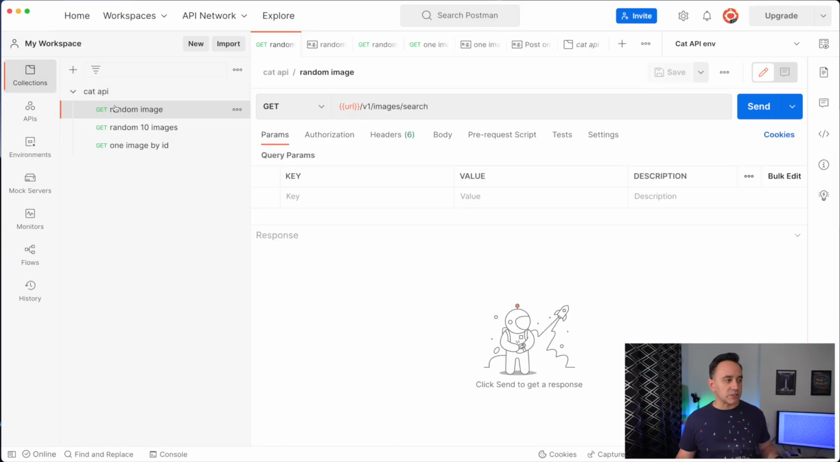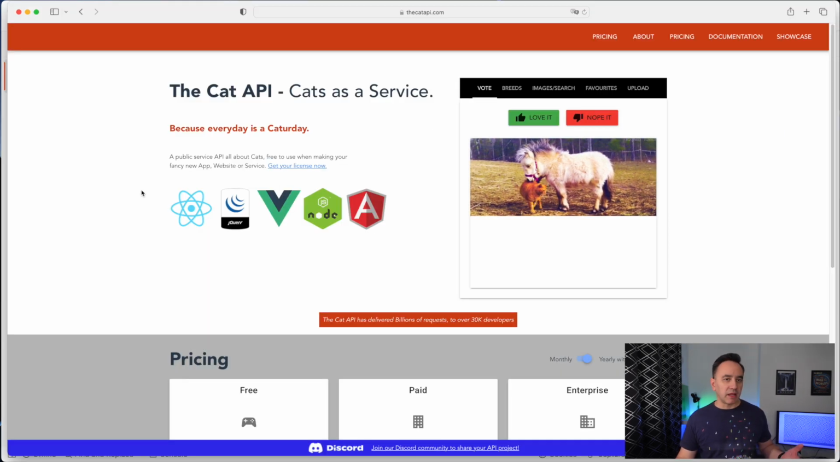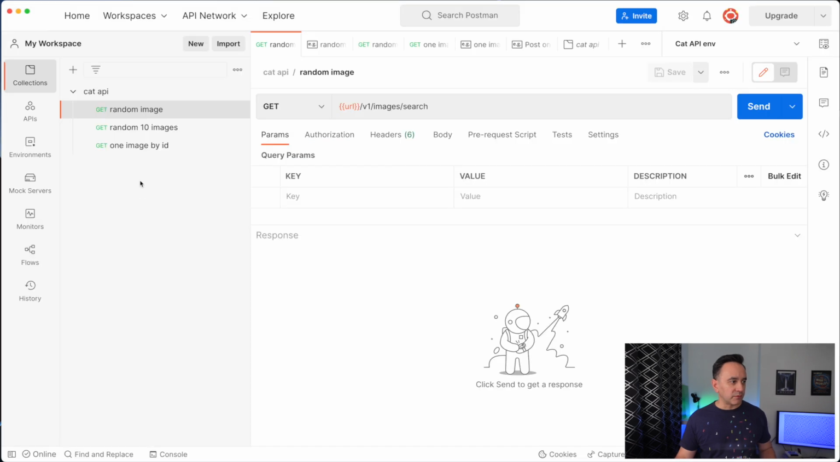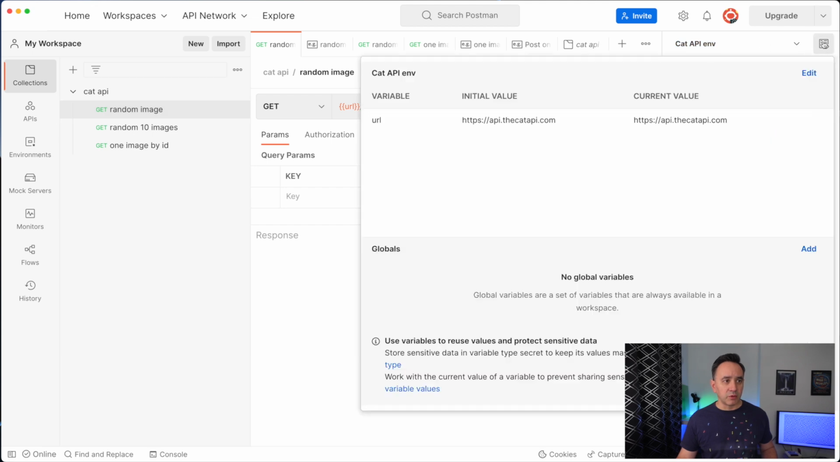You want to mock an API that you are already using. In this case, I have a collection which is already using an API. This is an API called cat API. This API is just for fun, but it allows you to test APIs. So for example, here we have an environment already set with this cat API environment with a variable that points